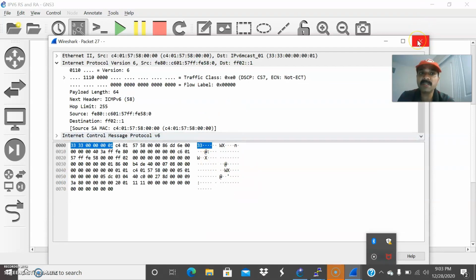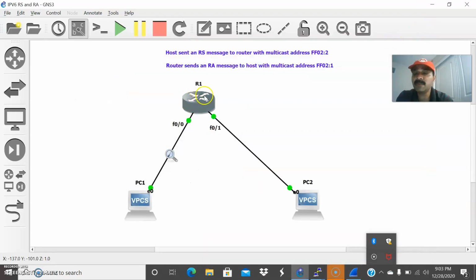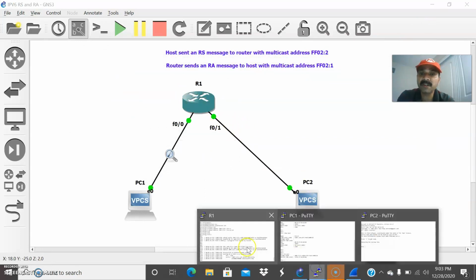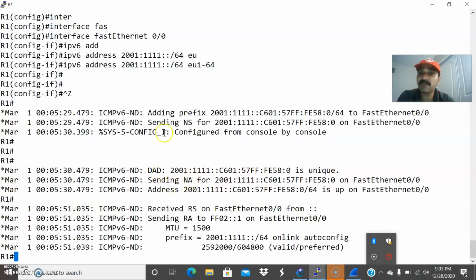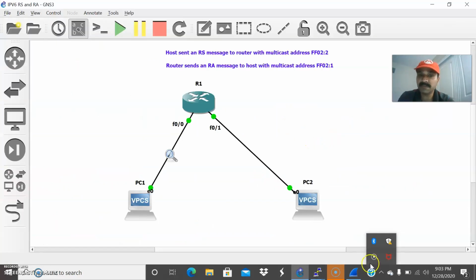In the advertisement message, that is a valid question. What it carries is it will advertise its prefix. So that's the reason I configured it here, right? I configure the prefix, then the interface ID will be taken from the MAC address. So it automatically adds the prefix. You are able to see, right? It is adding the prefix, then it will append the MAC address from the host. So now you can see here.